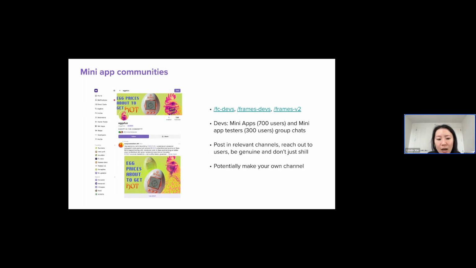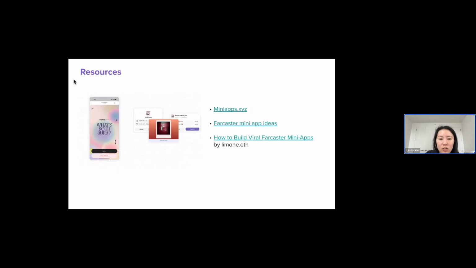Yeah, and then let's see the next. Just general resources. I have miniapps.xyz. Those are our docs. I'll also share the Farcaster mini apps ideas. There's a channel called Someone Build that is just ideas of people saying, someone build this mini app. And I've been aggregating them regularly to post into a Google Doc. And so there's over 100 ideas in that doc. So I'll share that here.